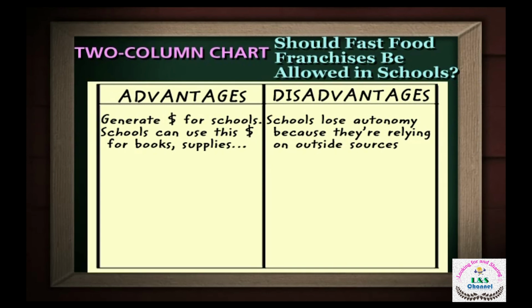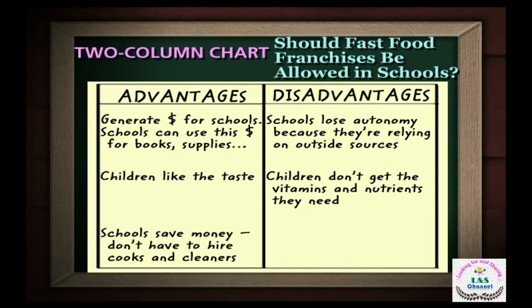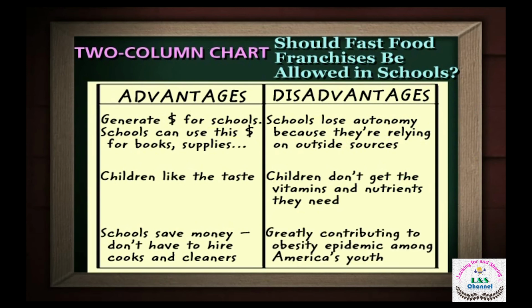Going back to the left, another advantage, children like the taste of fast food, so they'll be more apt to eat their lunch. But a disadvantage is children don't get the vitamins and the nutrients that they need from fast food. Go back to the left, big advantage is schools save a lot of money because they don't have to hire cooks and cleaners and other people to serve in the cafeteria. But the disadvantage is fast food is greatly contributing to the obesity epidemic among America's youth. Now I have enough to write my essay because I have 3 topics on one side and 3 topics on